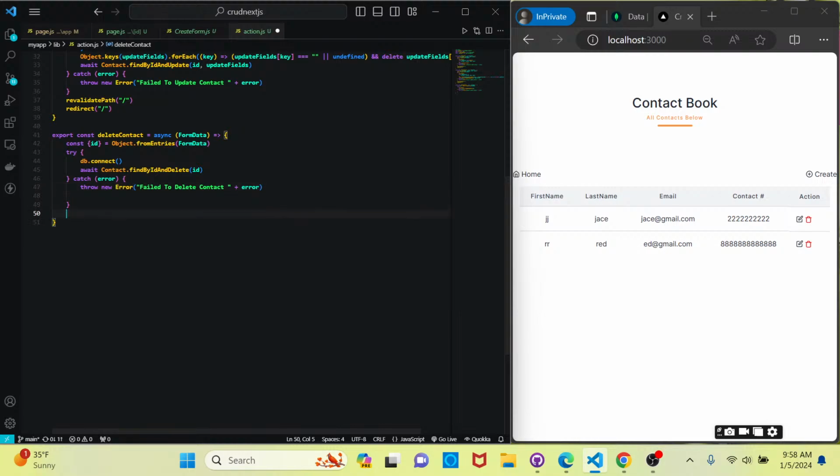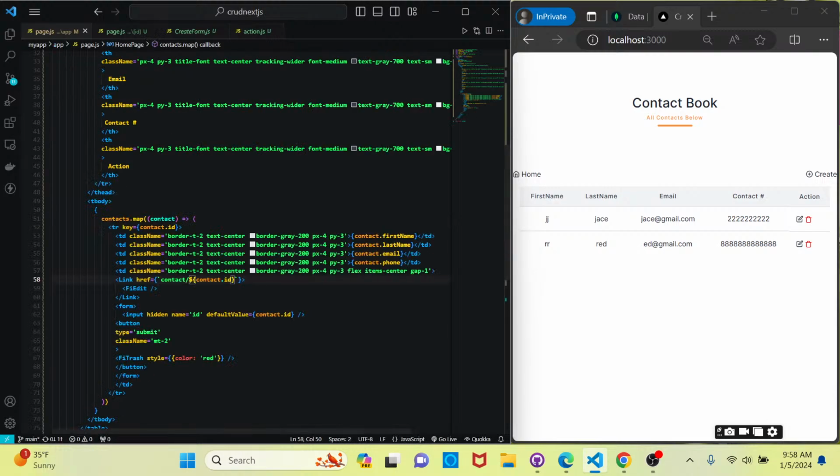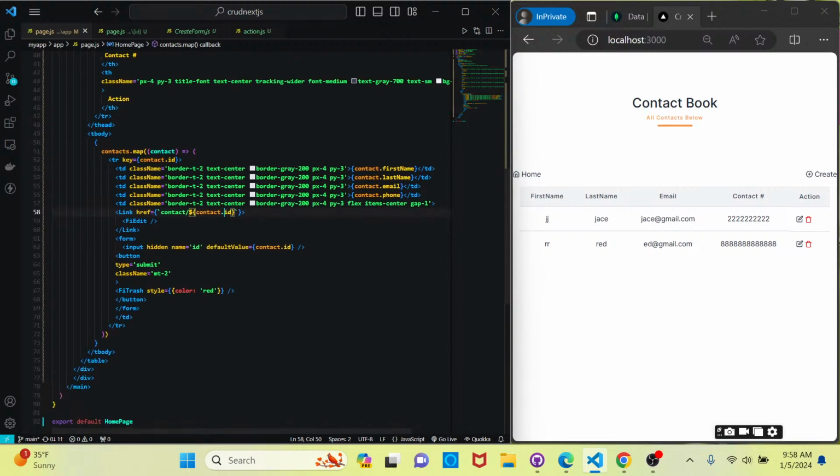And we do want to revalidate in this particular instance. So it's just basically going to stay on the screen and just do a quick little refresh. So if we save this file, let's go back to the page.js within our main app directory that's on the home screen. And if we go down to the